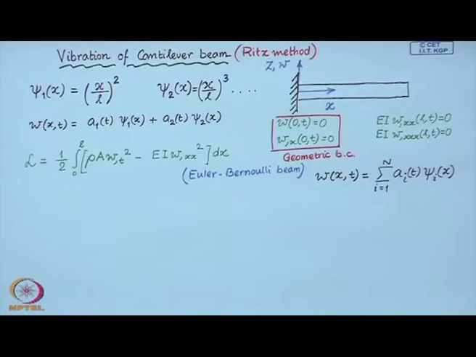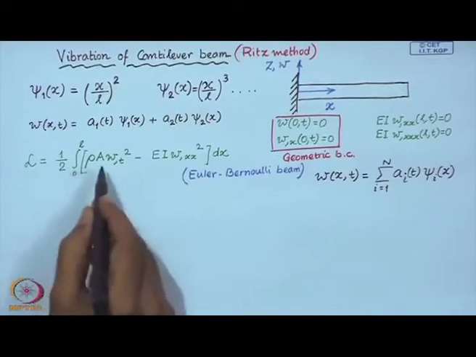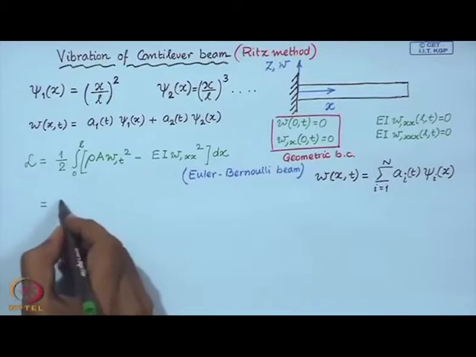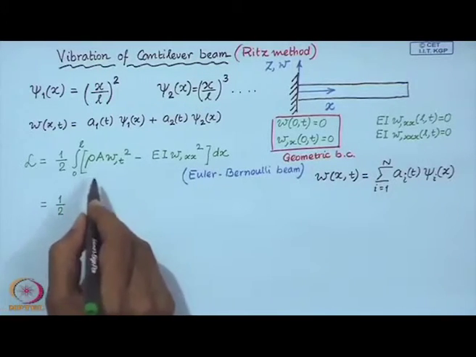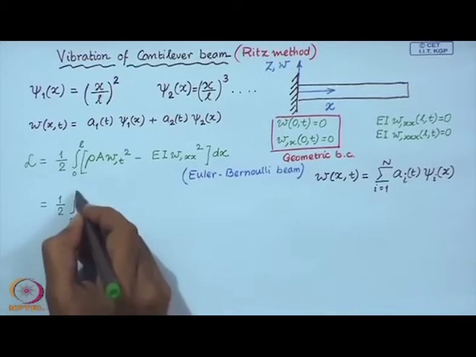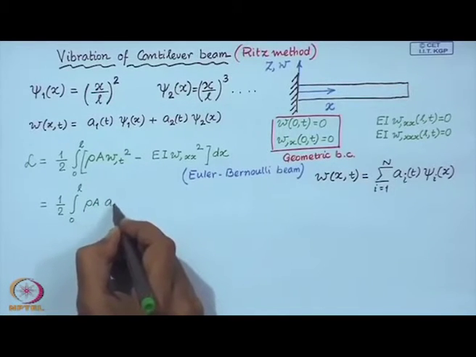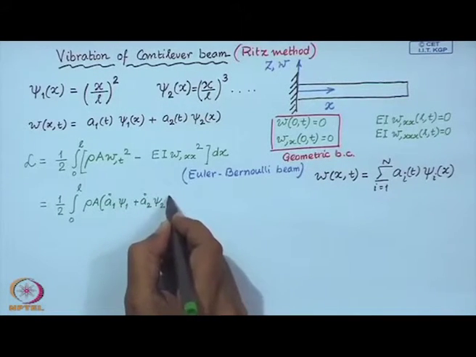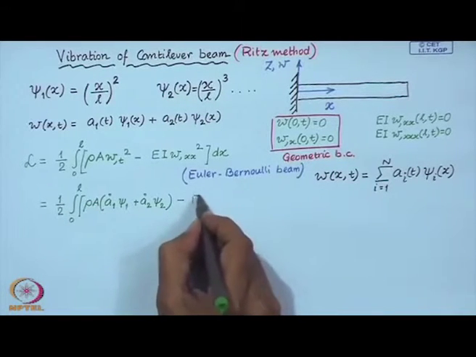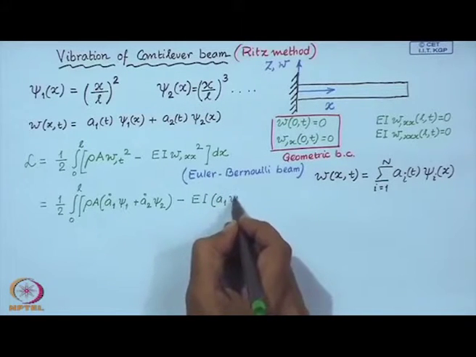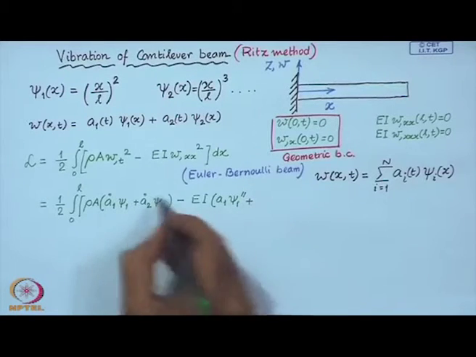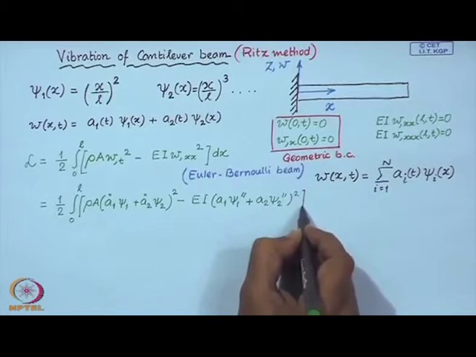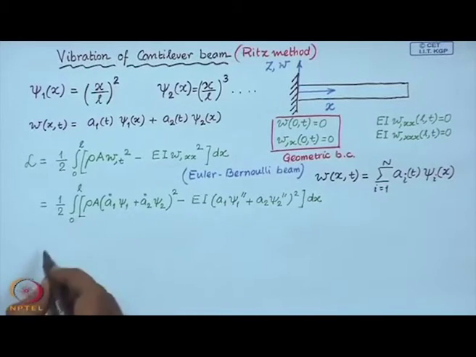So, let us consider an Euler-Bernoulli beam. The Lagrangian is given like this. Now, we substitute this expansion in here, and what we obtain, and if you simplify this further,